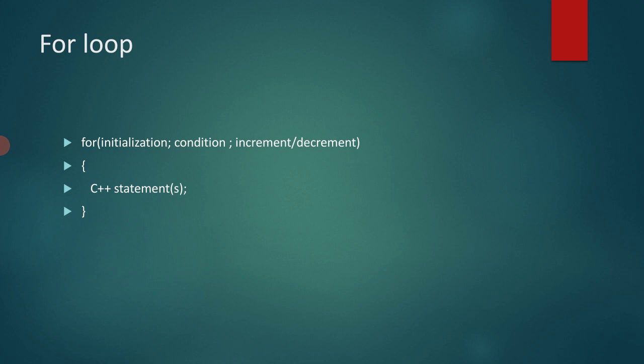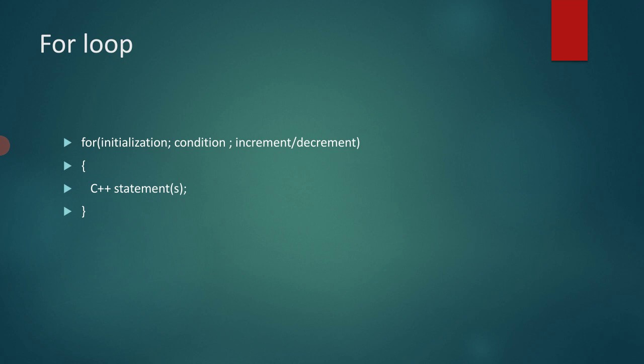Now next is increment or decrement. Increment is used to increase the value by 1, and decrement is used if we are printing the numbers in reverse order. So if we are starting from the 9th element, then we have to decrement to print the next number, 8. So in that case we decrement the value. So increment and decrement are used to increase the value by 1 and to decrease the value by 1. It is the choice of the user, whatever the user wants to use.